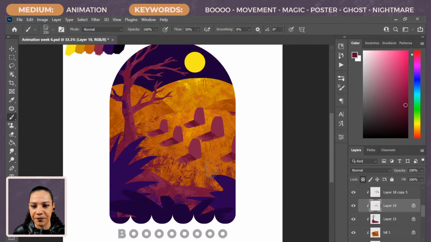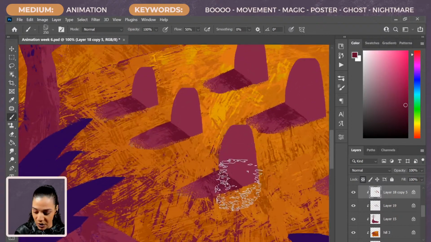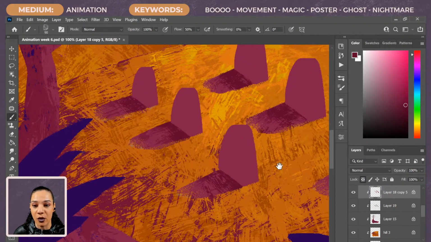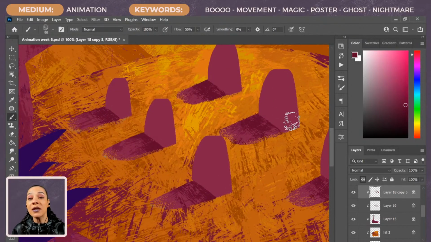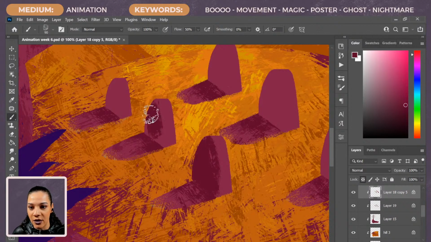There we go. And then with our tombstones, we will lock that as well. What I'm gonna do is zoom in here and really make this look like a 3D piece. So you can see the way I've illustrated these shapes kind of gives it this side lip on it. So if I color this in dark, like so, you can see that there is a front face of each of the tombstones now.